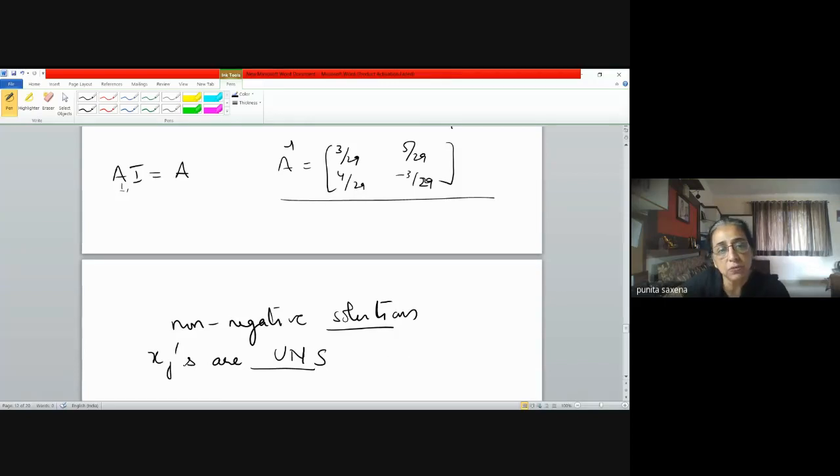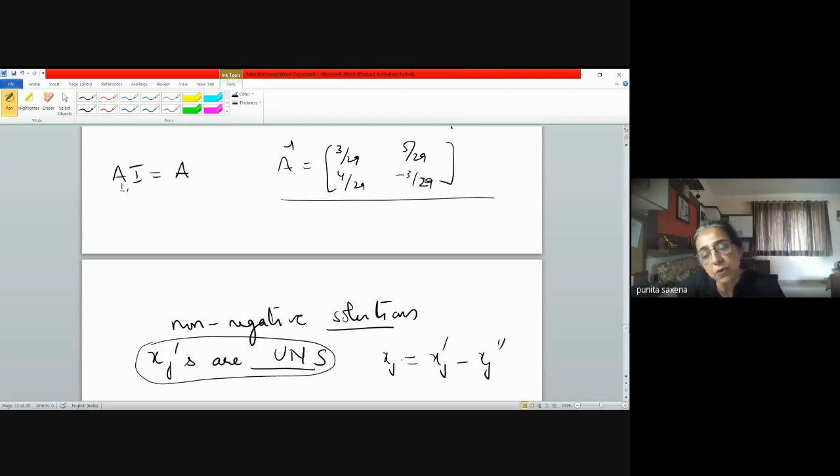Okay, so your variables are to be treated as unrestricted in sign. So the moment we do this, that means every variable is to be replaced by a difference of two variables. As a result, in the final solution, if one of the variables is taking a negative value, then xj' will be 0, so automatically you will get a negative xj'' for that. So this care you have to take while handling this system of linear equations by using a simplex method.